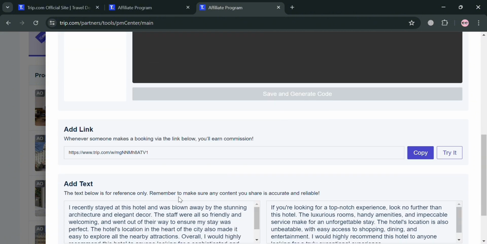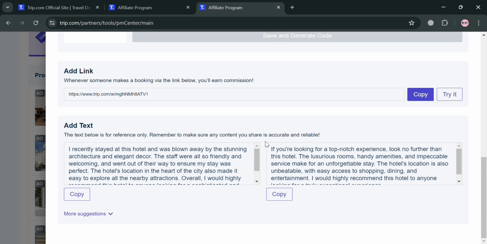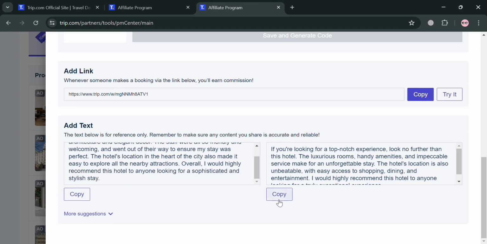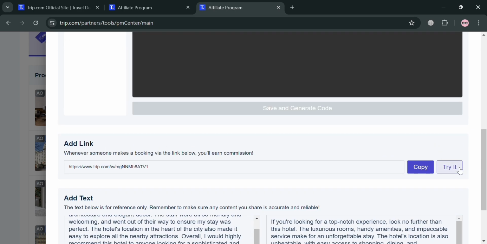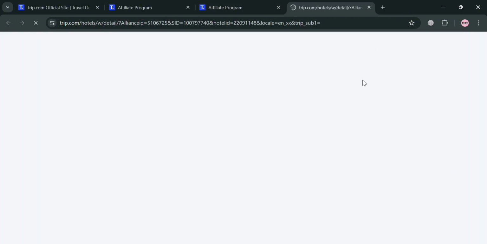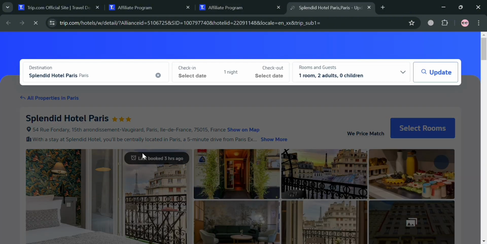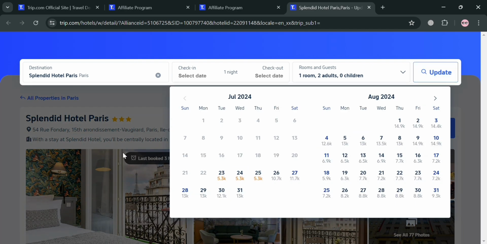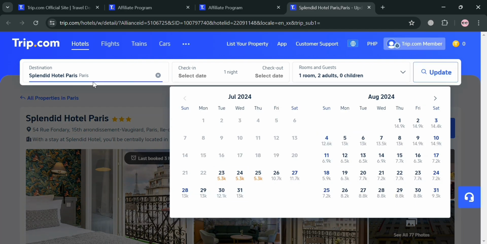And below it will show us our link that has been added, in which whenever someone makes a booking via this link below, we will earn a commission. And to try it out, just click this try it button right here to proceed. Upon clicking on it, we will be directed to the next tab, in which this is basically what the customer or user will see, in which when they book